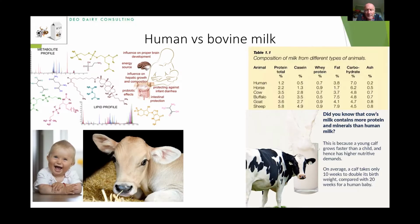And that might be one reason why we have more growth factors, etc., in human milk compared with cow's milk. It could also be why the lipid profile is slightly different, why the protein profile is different. If we look at the table on the right-hand side there,